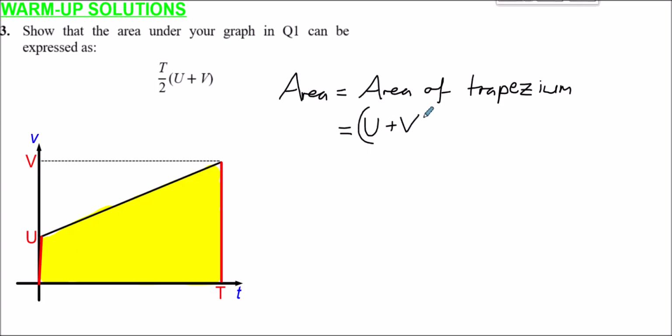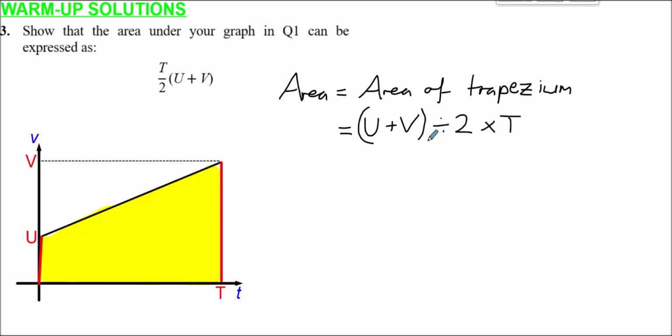And the way I used to think of the area of a trapezium is it's the average length multiplied by the height. And so we add these two together, u and v, then divide by 2, and then multiply by the height, which in this case is the length, because it's like a trapezium on its side. So the length of it, from 0 to t, is just t. So this is how I'd write it if I was teaching maybe a GCSE class, which is absolutely fine